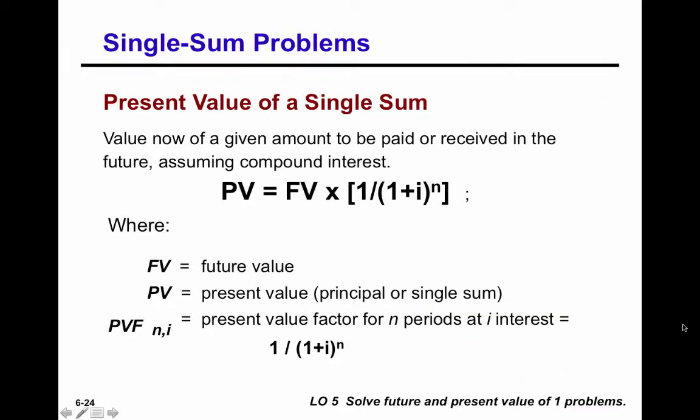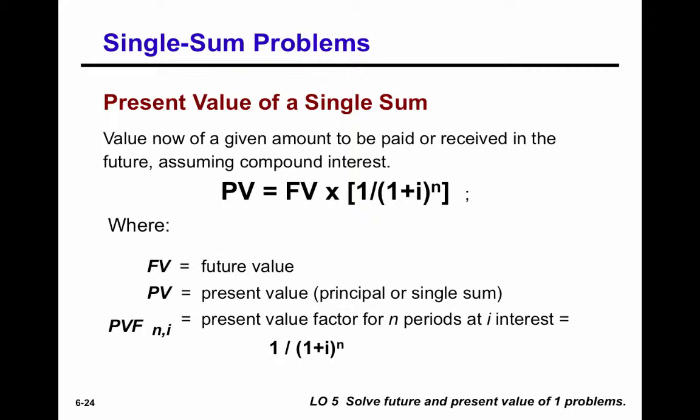Okay, next we talk about the flip side of the future value problem, which is a present value problem. Here we're talking about what the value today is of an amount to be received or paid in the future. You'll see by this computation that shows here on this slide that the arithmetic is such that there's a factor, what we call the present value factor, which is multiplied by the future value amount to arrive at the current present value. You might also note that the factor that we use is the inverse of the future value factor